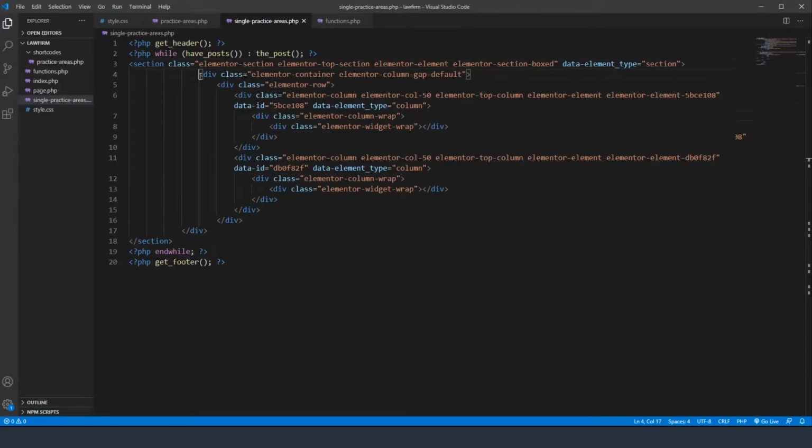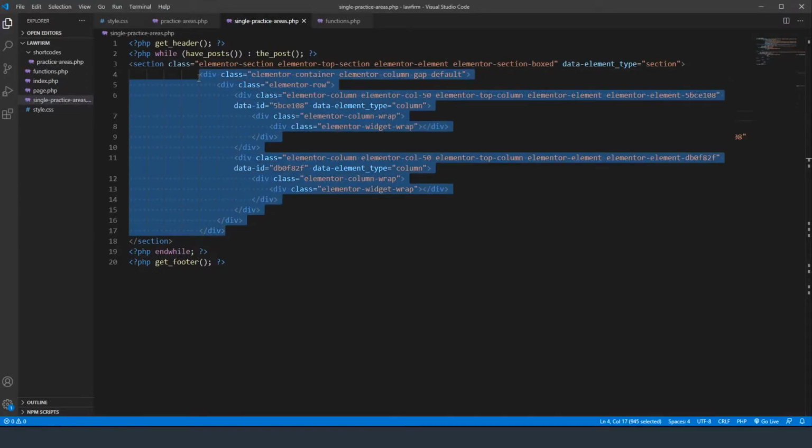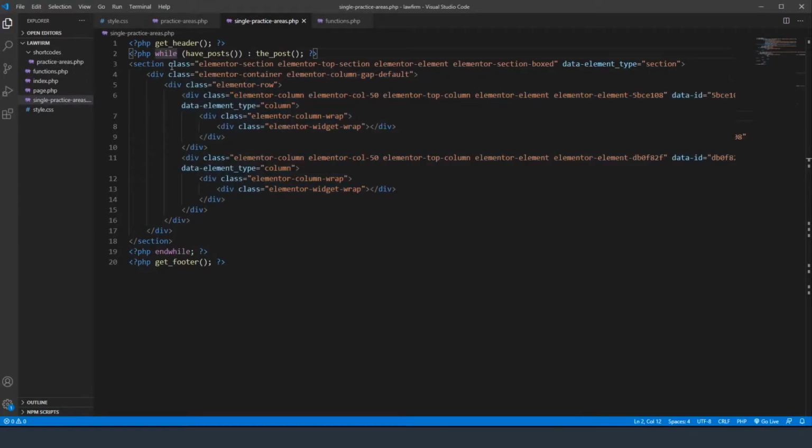And now let's take this entire section. We're going to bring it over so it lines up with where we want it. So we do want it to use the container and use the gap default column width, and then we're going to have our row. And on this one, instead of being 50, we're going to make it 75, and we're going to make this one 25. So that'll give us the 75% width and the 25% width. Now inside of this,